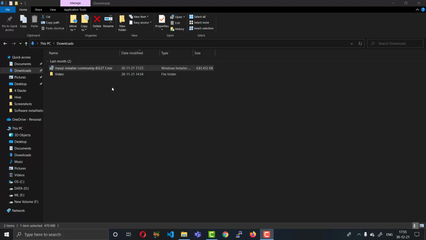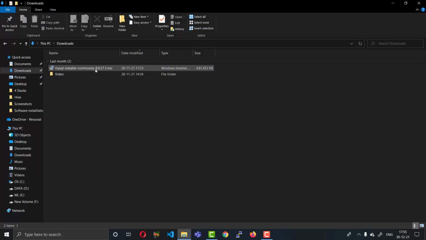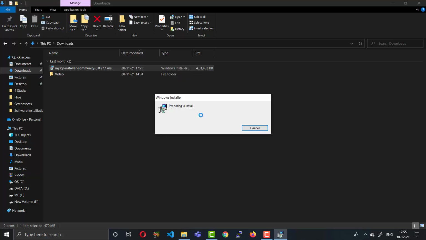So let's start here. Click on the MySQL Community Server. Now it is trying to install. It will take some time to install MySQL on your Windows 10 operating system, so let's wait here.